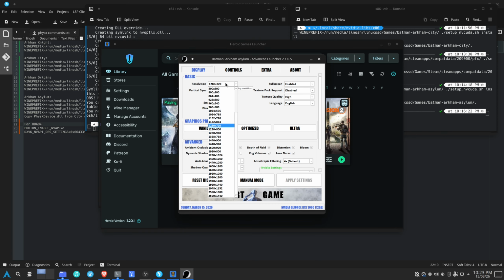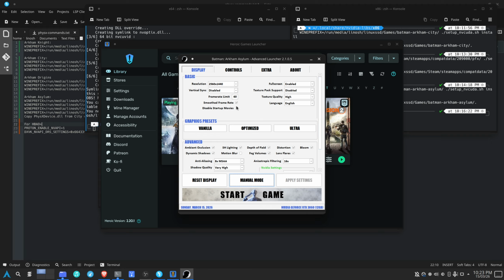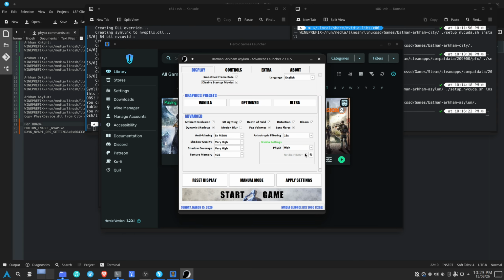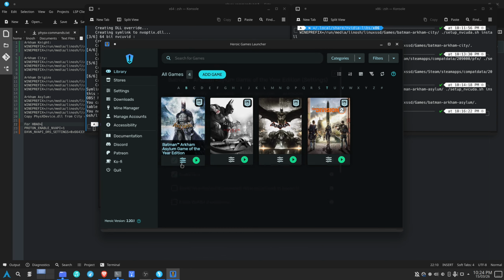All right, so I will just set it to ultra, max this out, physics high, apply them. Why not? This will make my job easier. Now you can see that HBAO plus is not a detected option, and to fix that, I'm just going to apply the settings, close the game, and